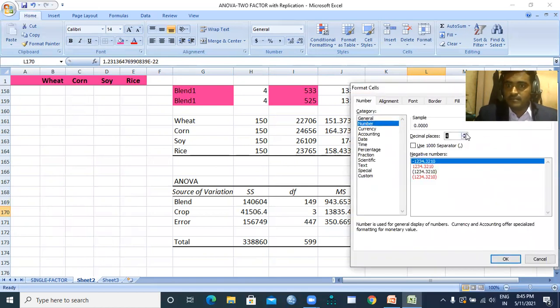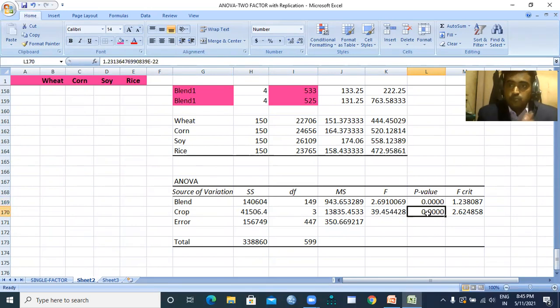When you convert it into a number, it is also showing that crop 1 and its output is different from crop 2. Crop 2 output is different from crop 3. Crop 3 output is different from crop 4 because it is showing a significant difference. 4 different crops are having 4 different outputs. It is showing a significant difference with respect to crops also. Now from hypothesis calculation based on the p-value approach, it is showing a significant difference with respect to the type of fertilizer used